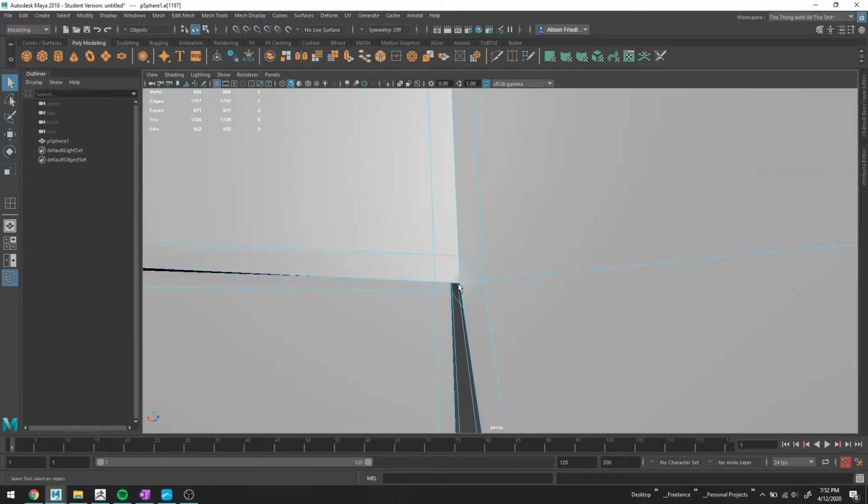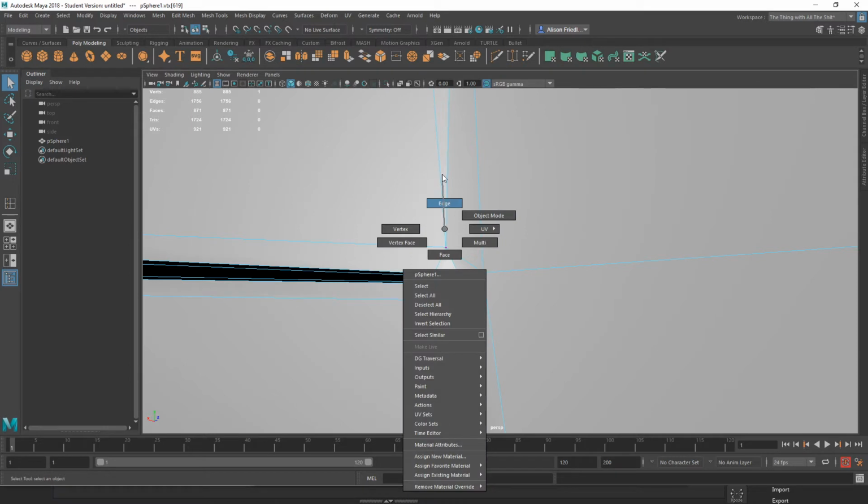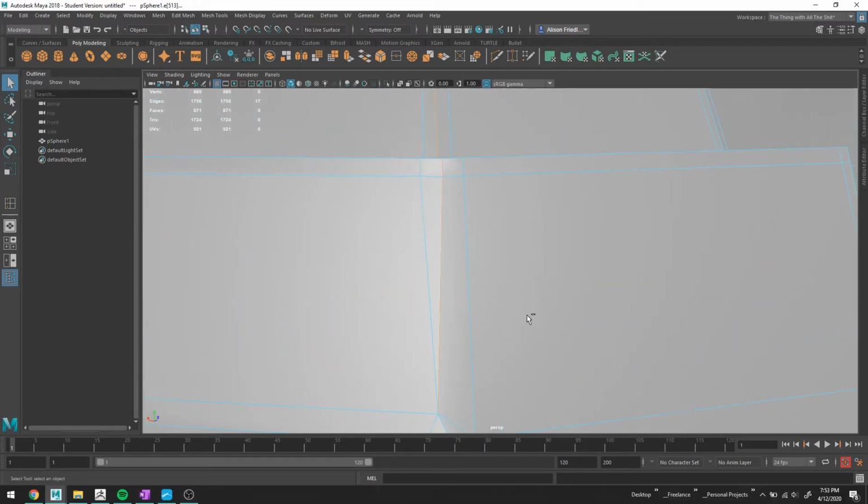we have 3 loops here, so we had 1, 2, 3, but I merged these, and now we don't quite have enough loops to merge all these 3 without getting like a giant mass of loops sort of coming into a big star. So I'm just going to grab these 2 and just deal with only the 2. So grab that face, merge to center, and just go ahead and delete